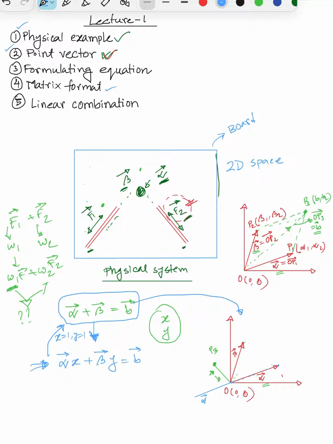So this is gonna be alpha x. And beta is this direction, but we can make this thing beta y. So then alpha x plus beta y turns out to be b. So here this magnitude is not necessarily this magnitude. We can measure this and this one and divide. So the relation between this thing and this thing is